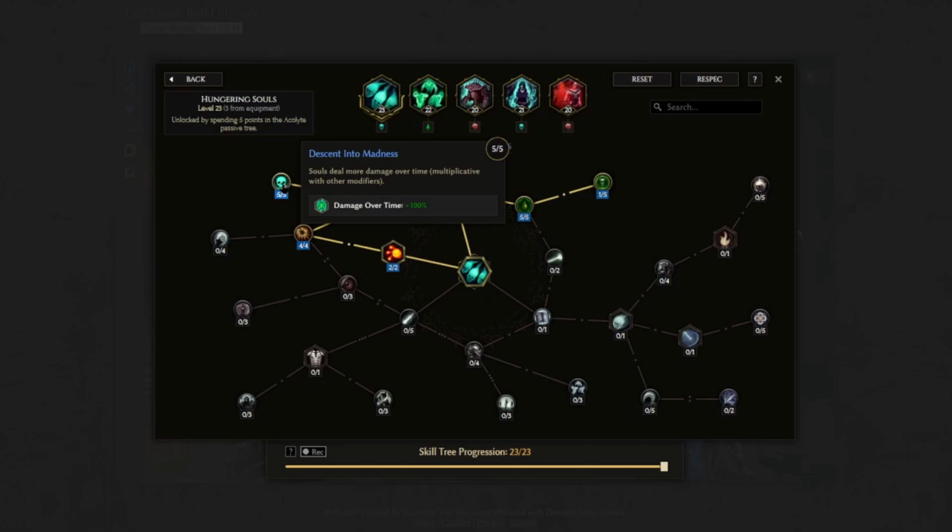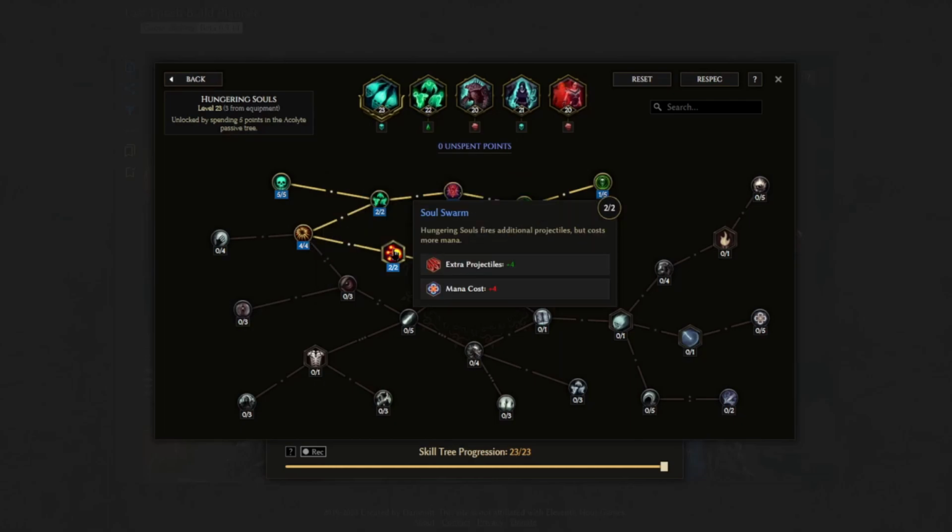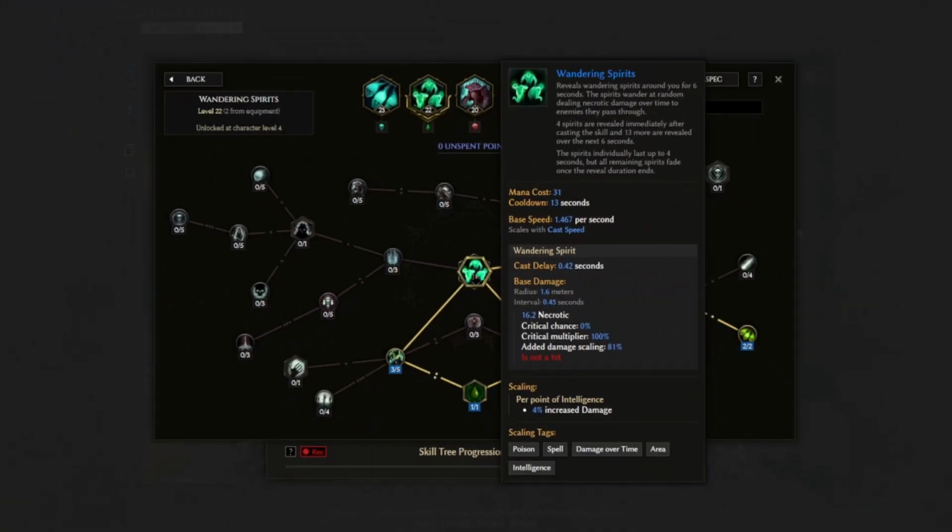Descent into Madness for the huge 100% damage over time multiplier. Domination of Undeath makes it so the mana cost for the skill is reduced. And Soul Swarm for some extra projectiles. We're using Wandering Spirits to help out with the clearing, and this will deal damage to enemies they come in